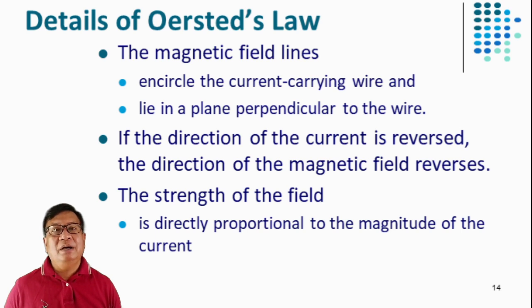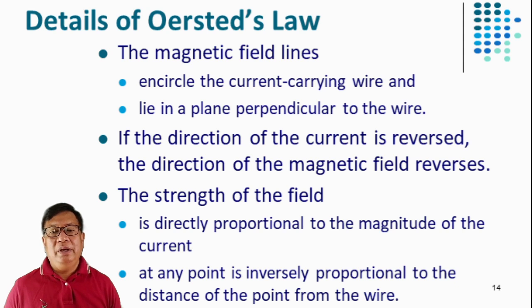Okay, ibig sabihin, pag malaki yung kuryente natin, nagpo-flow diyan sa conductor natin, ang ating magnetic field is higher din po yung strength niya, or bigger yung strength niya. At any point is inversely proportional to the distance of the point from the wire. Ibig sabihin,